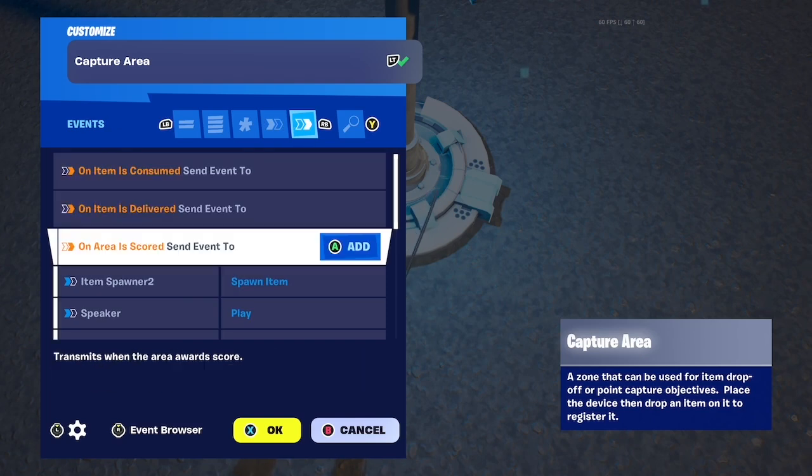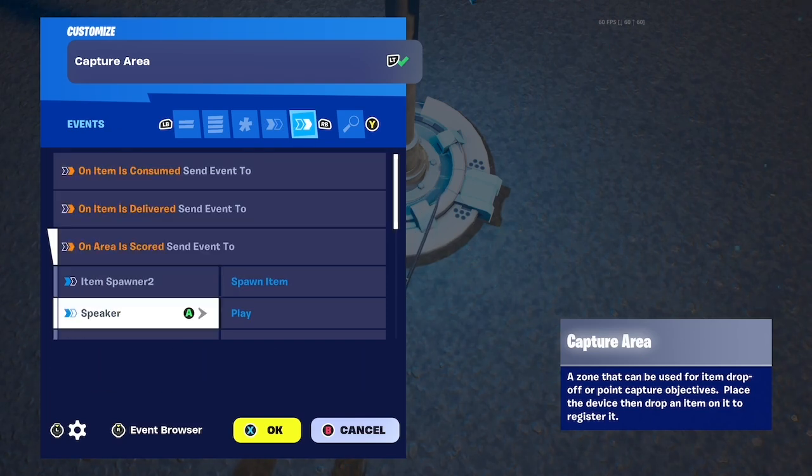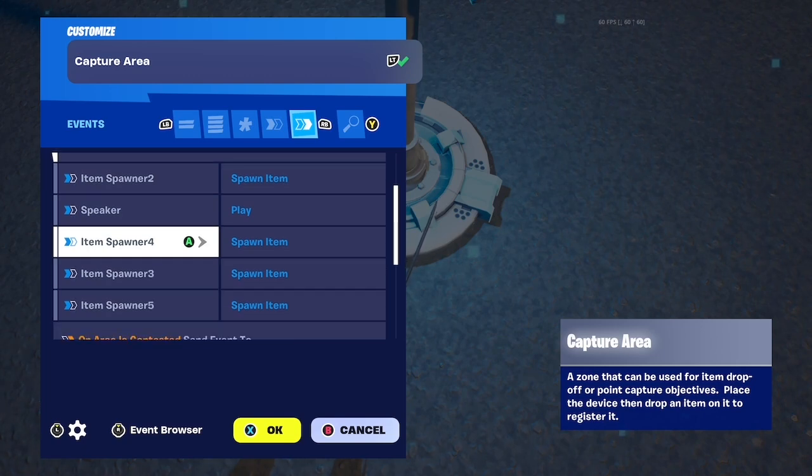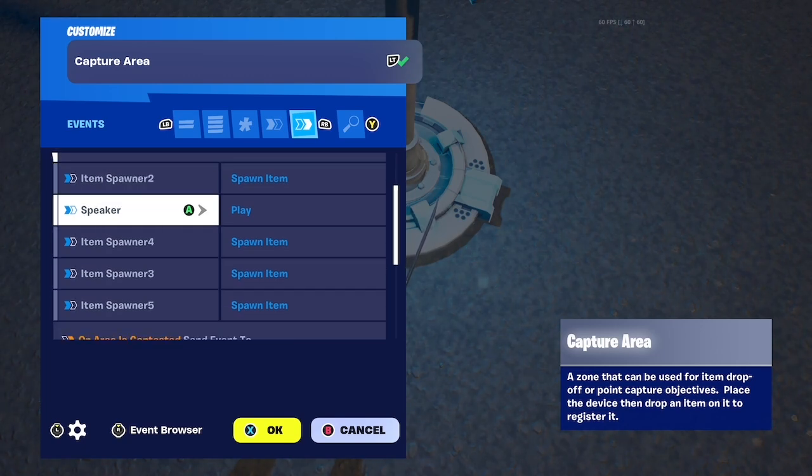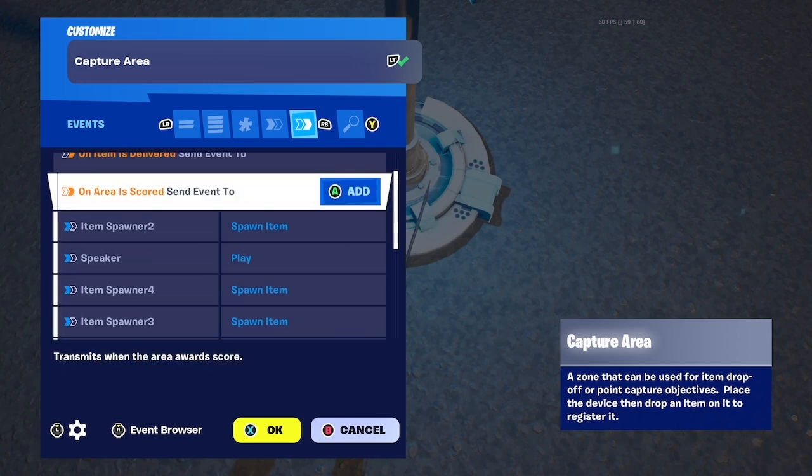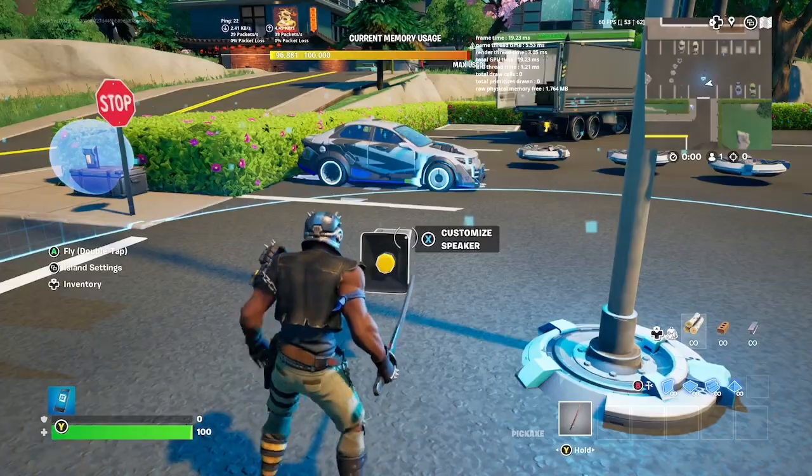So now we're going into the fifth tab. In the third setting here, you'll see on area is scored. This is so when you actually capture the point, these things happen. So right now we have the item spawners. Any item spawners you have that are connected to this, you need in there, and the speaker,